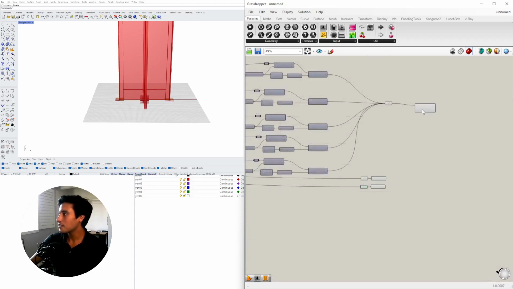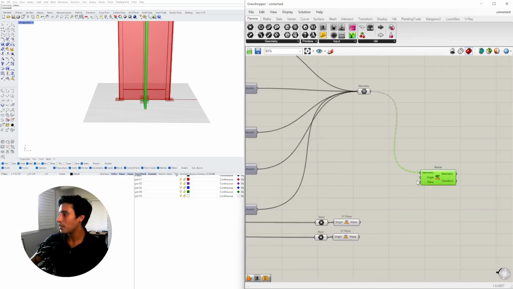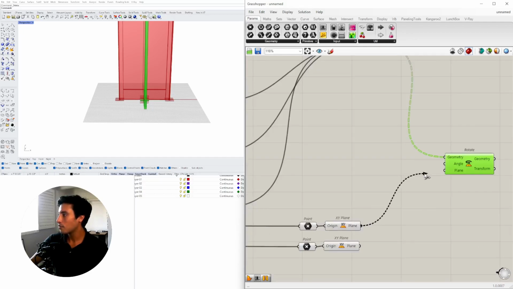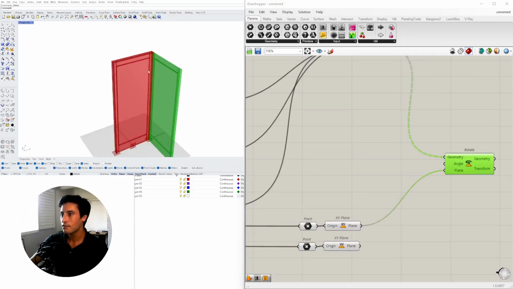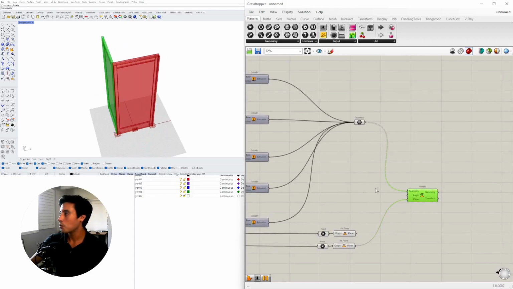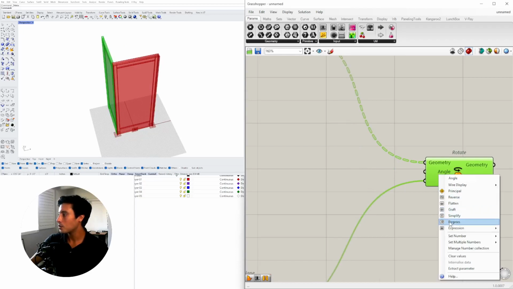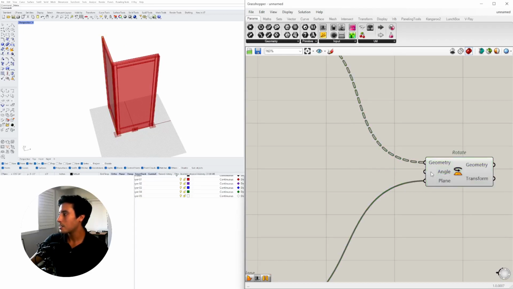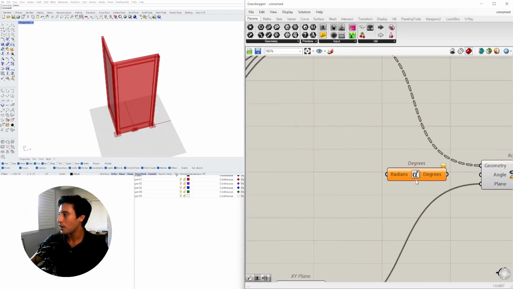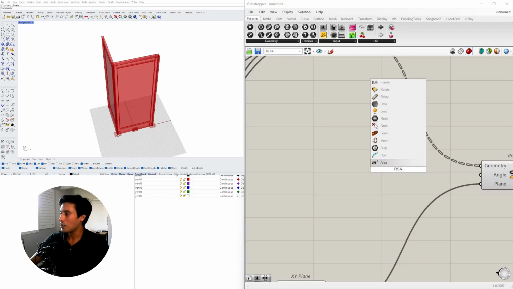Now we'll take this, we'll bring in our rotate, and we'll use either one. So either this one or this one. And the rotation angle is going to be determined by this input. Now it's going to be in radians. So if you don't really know how to work with radians, we have to turn it to degrees by plugging in, let's say, whatever radians and turn it into degrees, or the opposite actually,